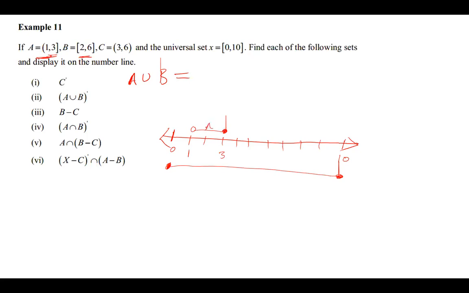So this is my set A. Let me also write set B. I'll write it slightly on top there. My set B is simply 2 to 6. So we have 2, it's closed on both ends. So at 2,